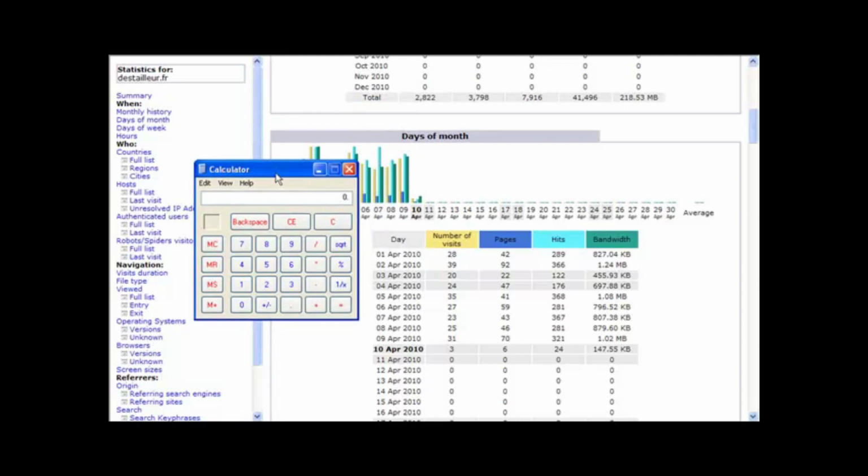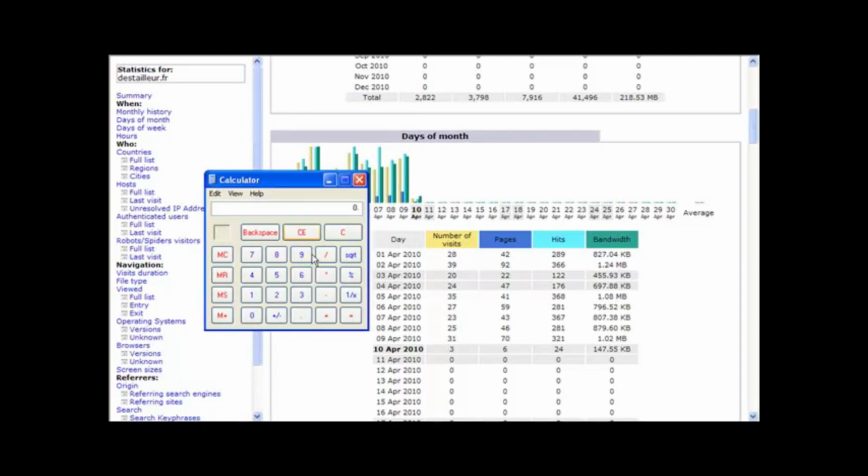So we've just opened a calculator window here so we can have a look at it. So we've had 214 visitors, and say we've made 2 sales in that time. So it's 2 divided by the number of visitors, so it's the number of sales divided by the number of visitors. That gives us a lovely long figure there, and then you times it by 100. Okay, so our conversion rate is 0.93, so it's under 1%. So let's say we've made 7 sales in our 214. So it'd be 7 divided by 214 times 100. We get a conversion rate of, say, 3.3.